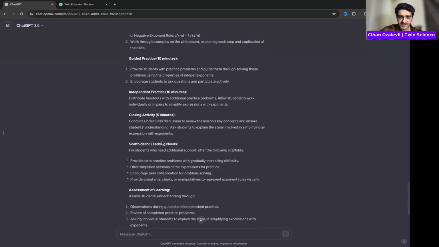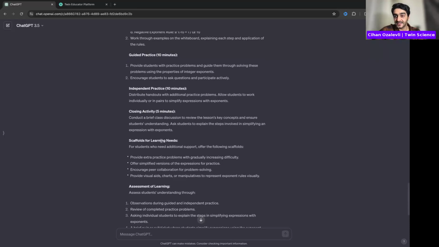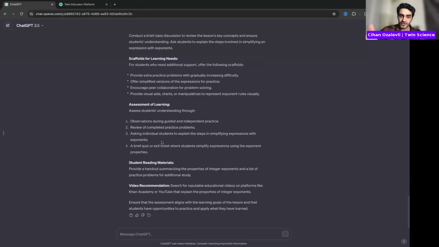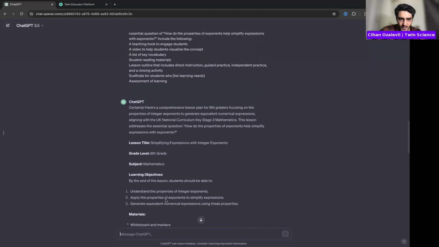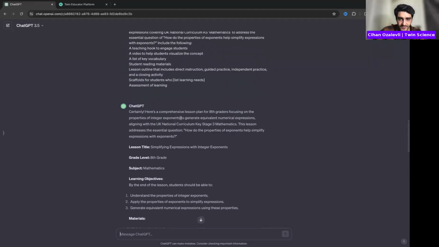And you can actually change the subject, change the grade, change the content, and you can talk to it. For example, let's ask: the lesson plan is about properties of integer exponents to generate equivalent numerical expressions. Add a real world example that children can relate to.